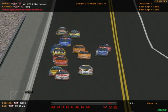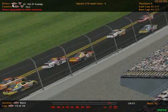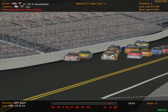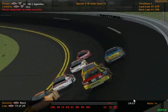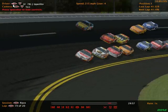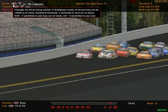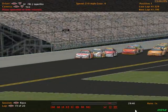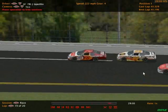And this time by, it's 2 to go at Daytona. Jack Richards now goes to the bottom of Dylan Young. That might be the beginning of his move to the front. CJ Sanders trying to make a charge, but it's Jordan Napolito still leading the field in the 78. We saw Matthew Murray win the Daytona 500 with this 2007 car set in the Avis Cup Series, so it would not be any surprise to see the 78 go to victory lane. Apparently they have a very good setup here